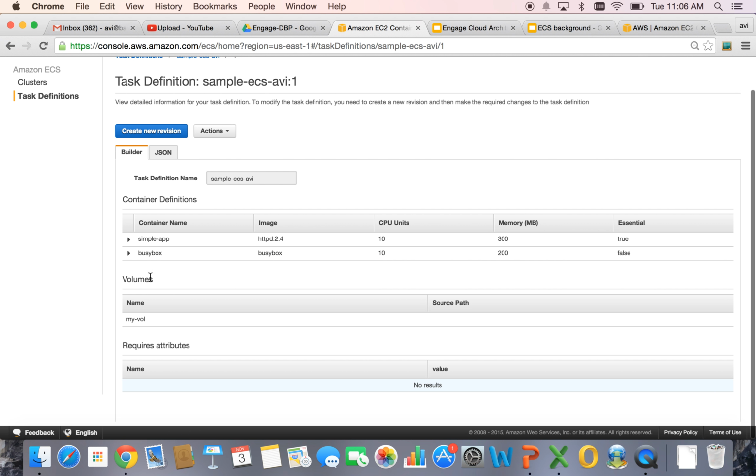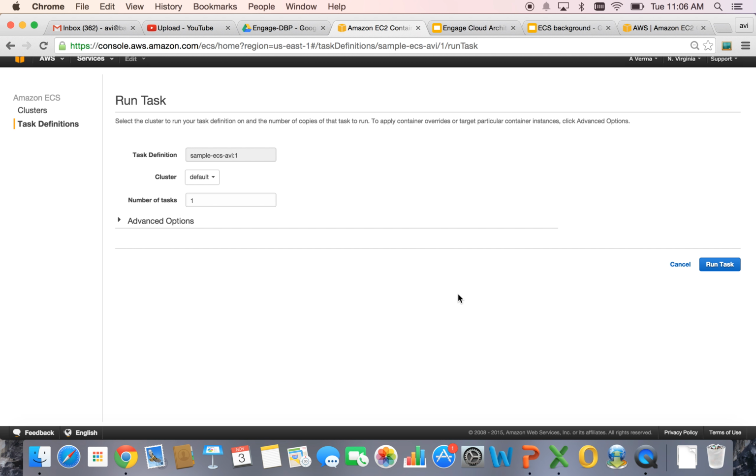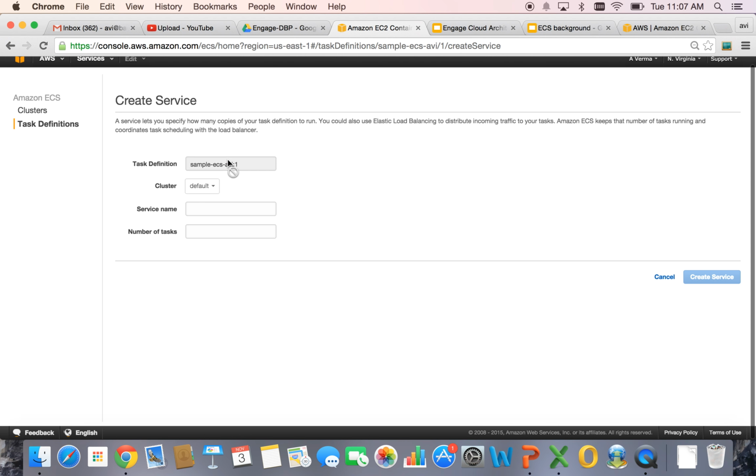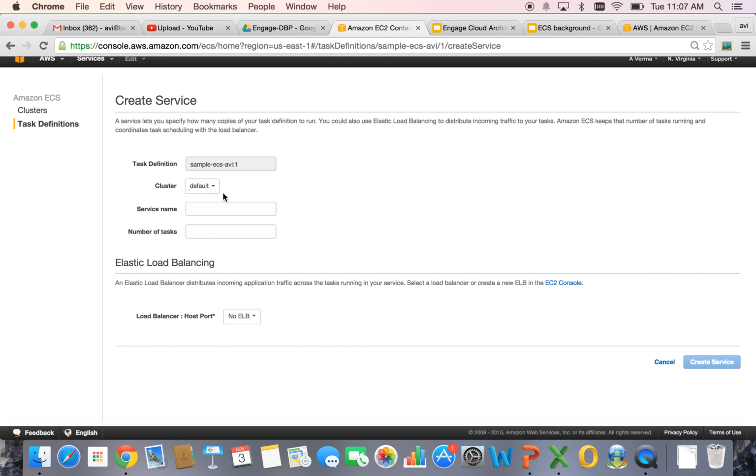So once you do that, you can review, and basically after you have created this task definition, you can run it ad hoc by using this feature. But most of the time though, applications are everlasting, right? So in that case, we need to define a service, rather create or update if you have an existing service. So this is where you define your new service and give it a name. So you can say test ECS service for demo,